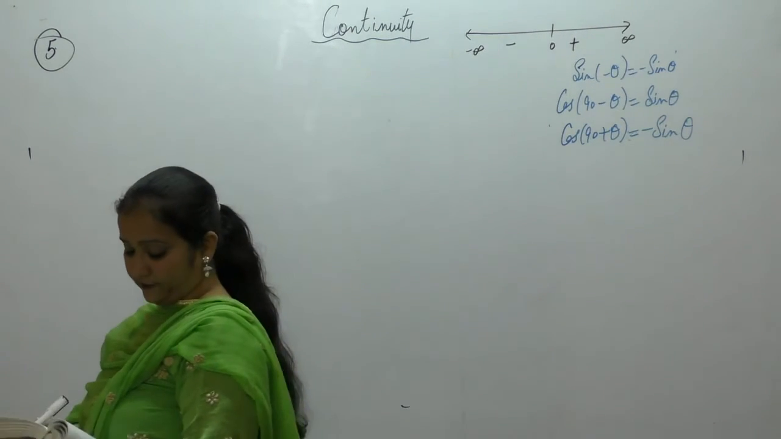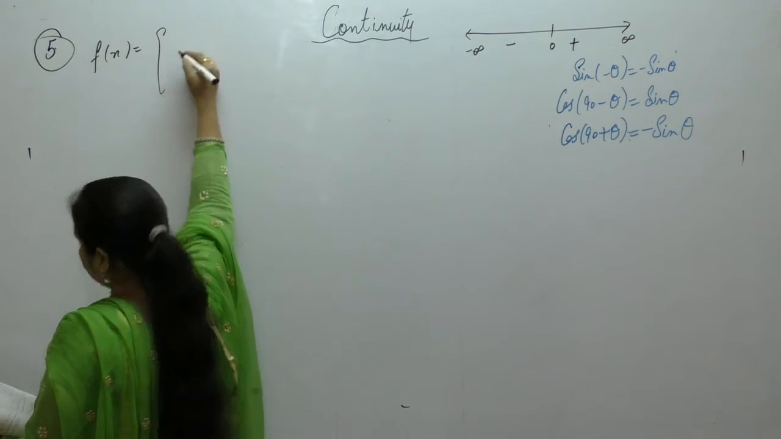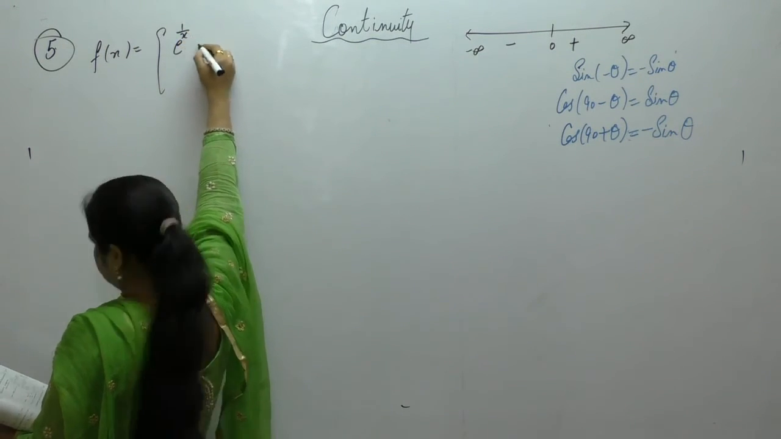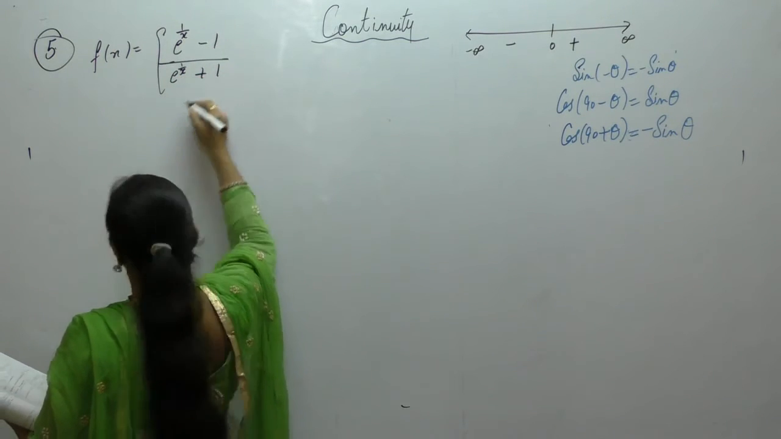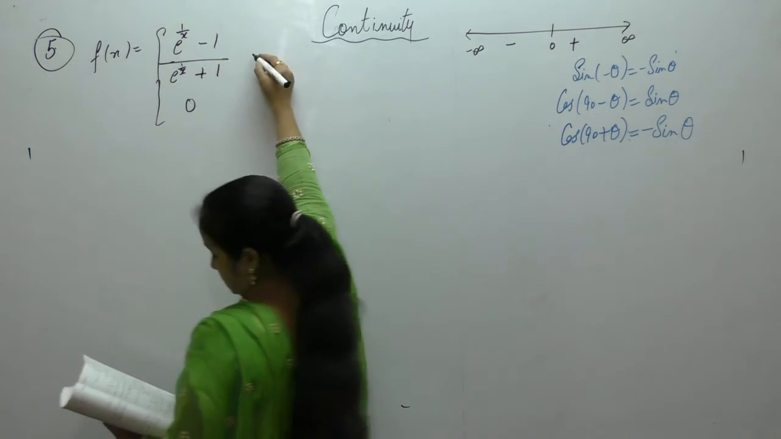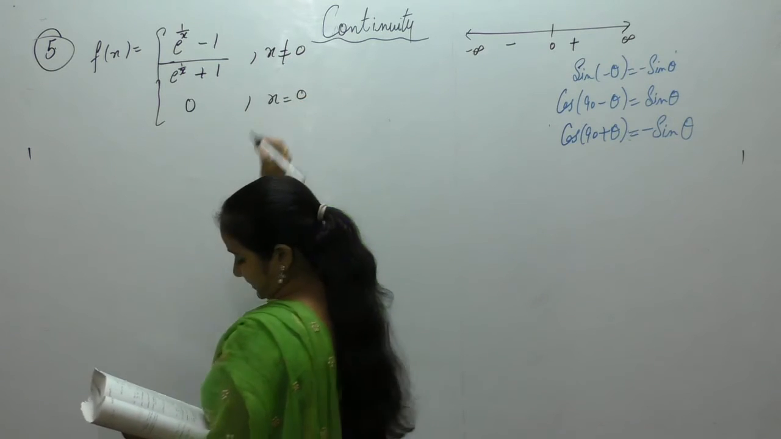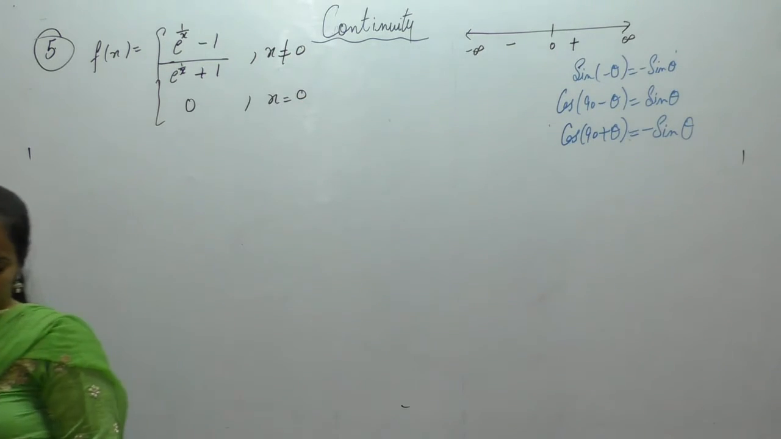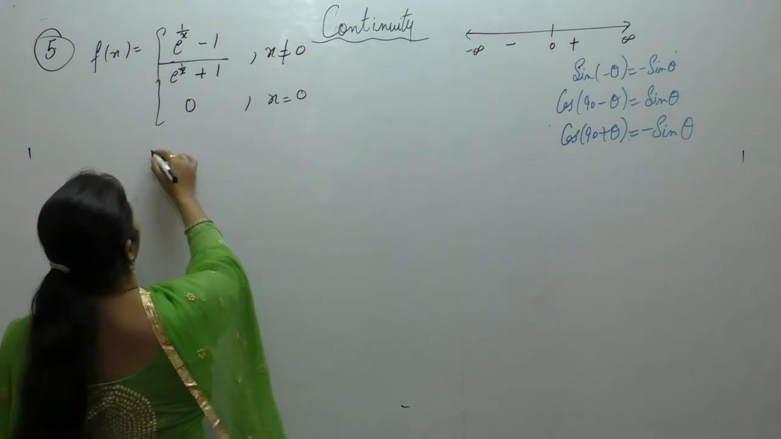Show that the function f of x given by e power 1 by x minus 1 upon e power 1 by x plus 1 when x is not equal to 0, 0 when x is equal to 0, is discontinuous at x equals 0. Now left hand